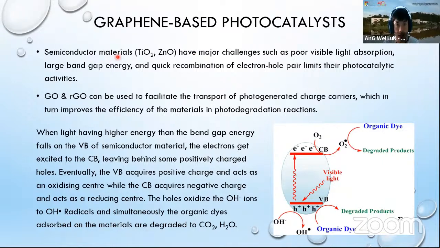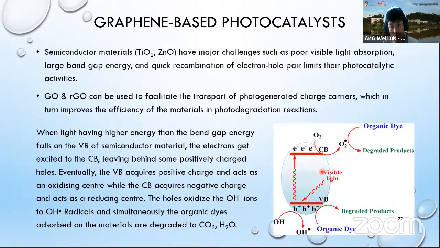Semiconductor materials like titanium oxide and zinc oxide have major challenges, such as poor visible light absorption, large band gap energy, and quick recombination of electron-hole pairs, which limits their photocatalytic activities. So we can use graphene oxide or reduced graphene oxide to facilitate the transport of photo-generated charge carriers, which in turn improves the efficiency of the materials in the photodegradation reaction. So I'm just going to use this diagram, just in case you don't understand what is meant by